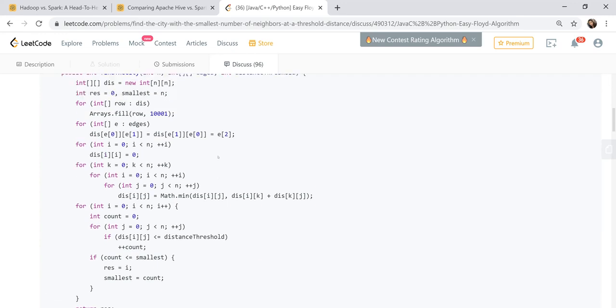And at the end, what it is doing is comparing all the cities and seeing which one's distance is less than the threshold and counting that. It is putting a max value first at the top. Here it's putting 1001, because the values inside the DP are supposed to be only up to 10,000. Because the problem said the maximum distance is 10,000, it is setting it one above the maximum value within the problem constraints.